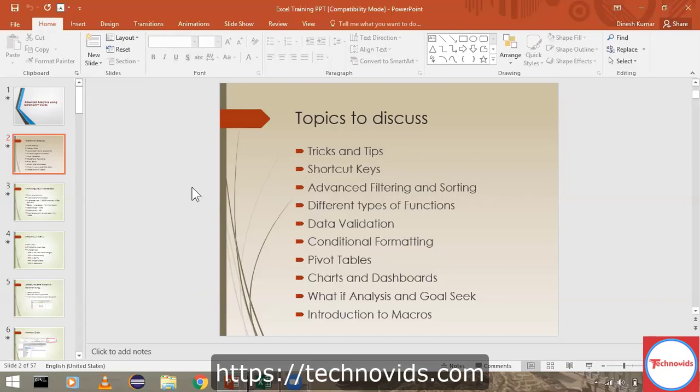There are many shortcut keys which Excel offers just to speed up the work you're performing in Excel. We'll use all these shortcut keys, and we'll also discuss some of the important tricks and tips available as far as Excel is concerned. We normally do a lot of repetitive work in Excel, and to avoid those repetitions, we'll look at what options are available with Excel and how to perform those tricks and tips.